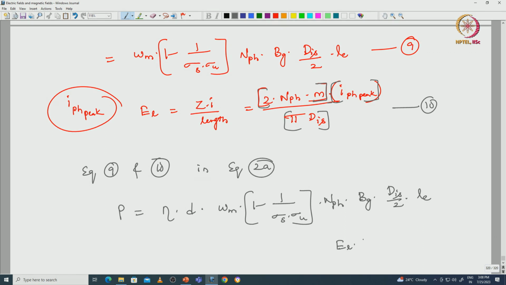Electric loading into pi dis by 2 into N phase into m,